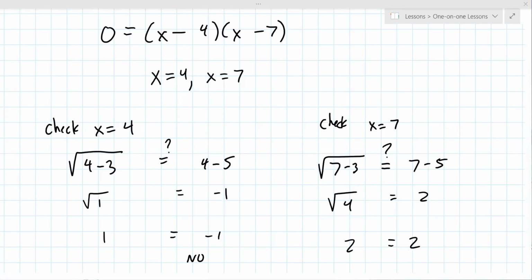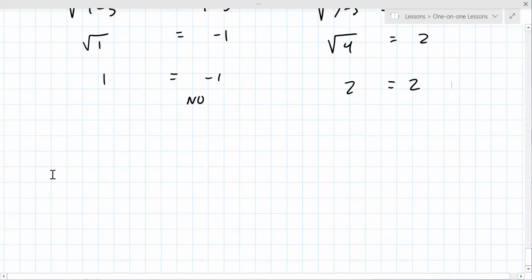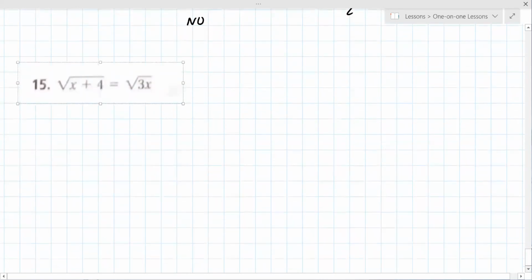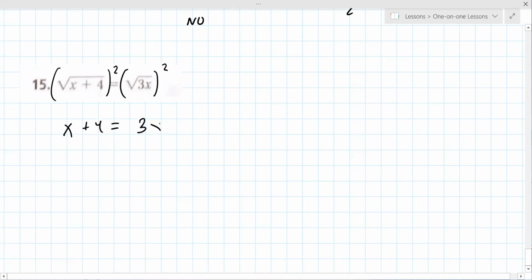15. All right, square root of x plus 4 equals square root of 3x. You're going to square both sides because you're trying to get rid of the square roots. That's a pretty common thing to do. So you get x plus 4 equals 3x. You don't have to square the inside part, just the square undoes the square root. Okay, so you end up getting 4 equals 2x when you subtract x from both sides, so x equals